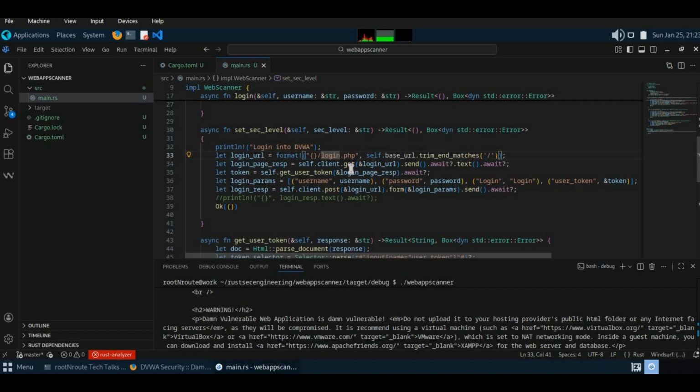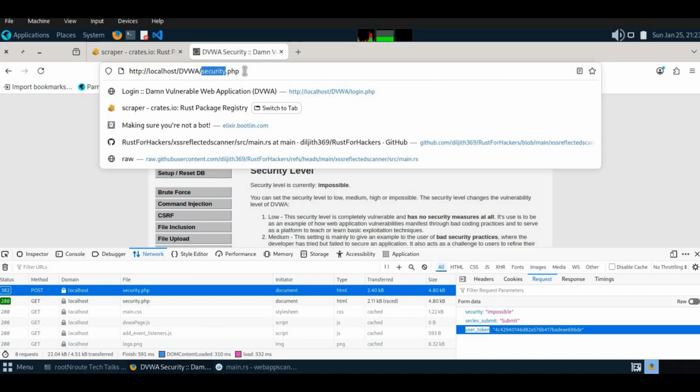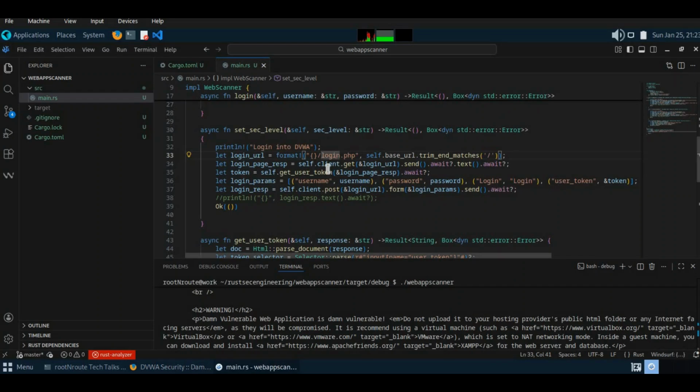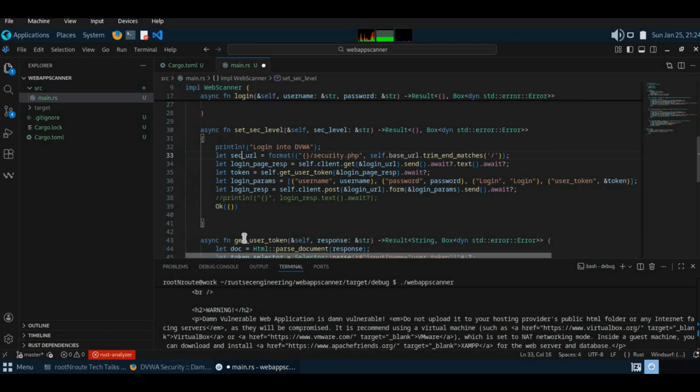And we should know the URL for that one, and anything else we need. I think no, we just need this one. Yeah, this one is security.php. Just be security URL, and